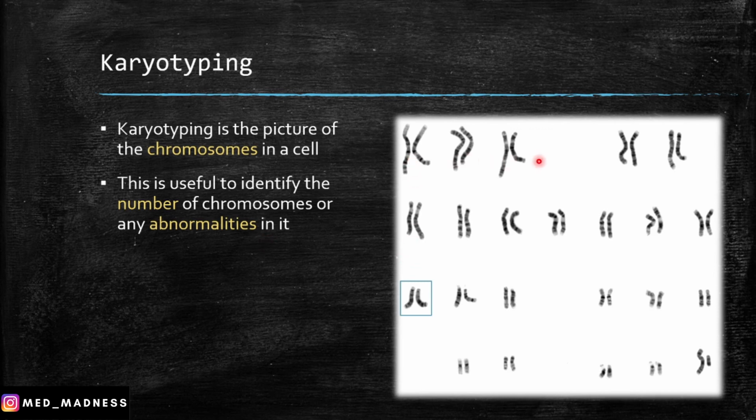And remember, these are all the homologous chromosomes. For example, say this is chromosome 1 from father, and this is chromosome 1 from mother. This is 2 and 2. This is 3 and 3. And this is the 13th chromosome. They are called homologous chromosomes because we arrange the chromosomes like this.